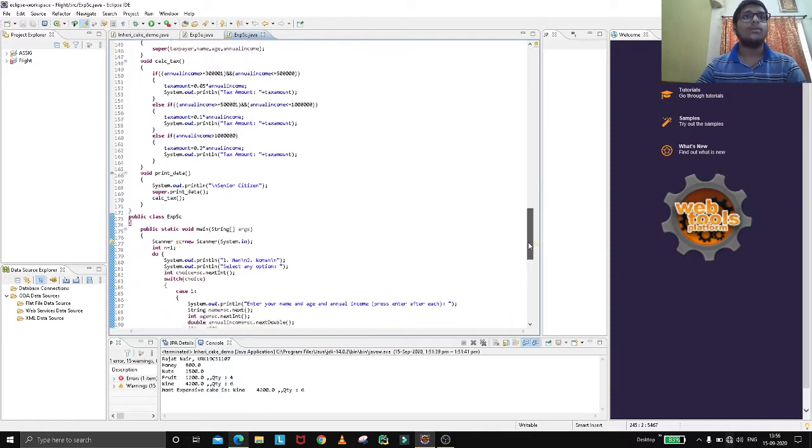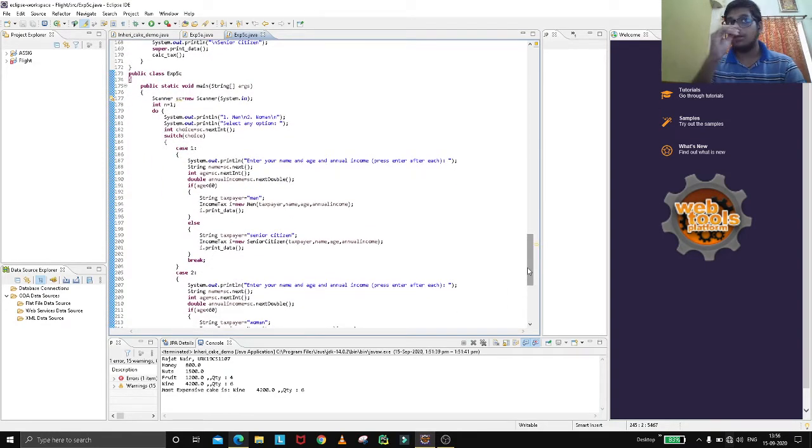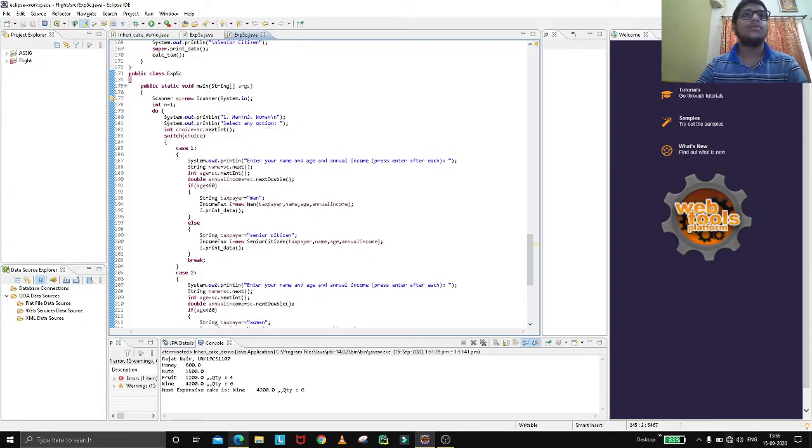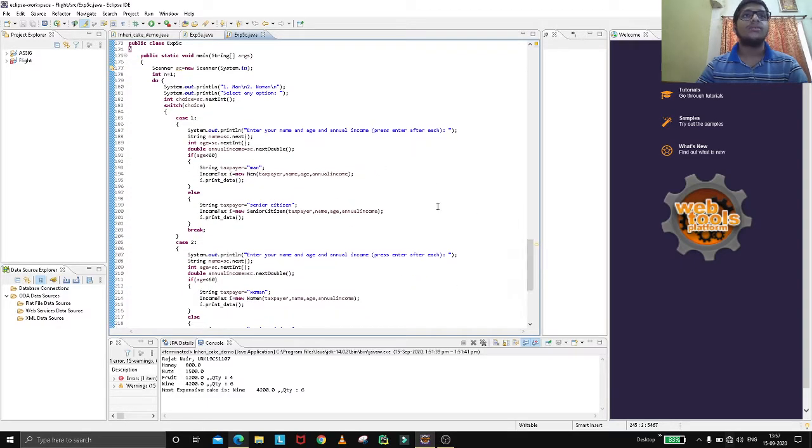So now we will go to the main class, where we have created a scanner object, sc = new Scanner(System.in). Because it's a menu driven question, we have created a do while loop in which the system will ask you man or woman and select any option. If choice is 1, then it will go and calculate the man's income tax, and if case is 2, then it will provide for woman.